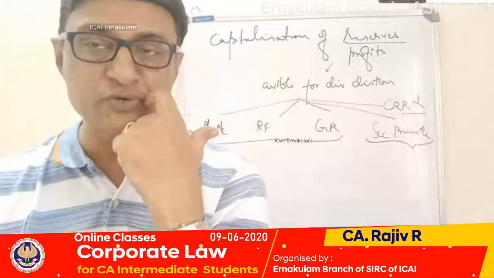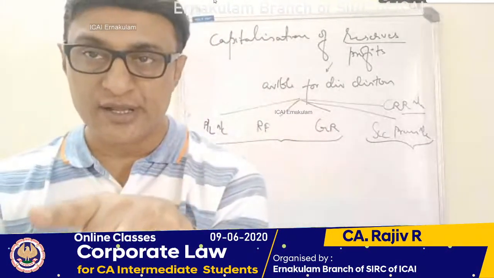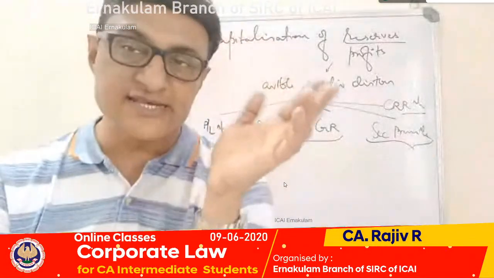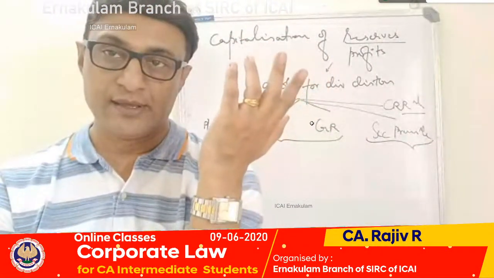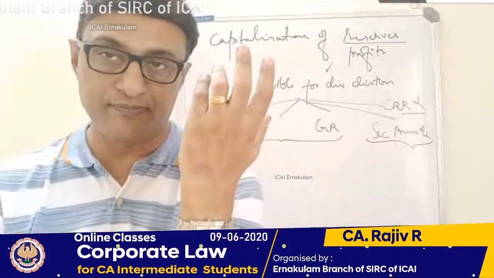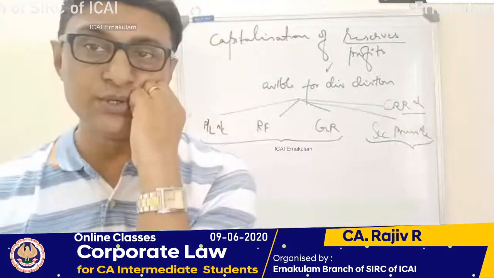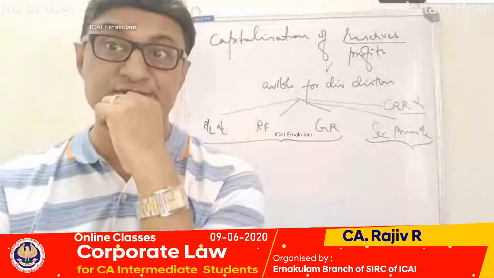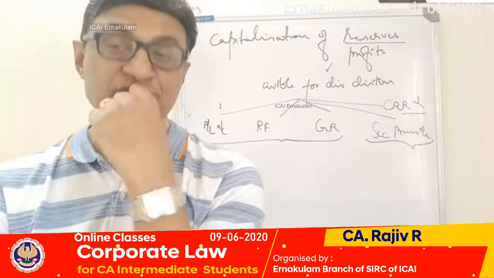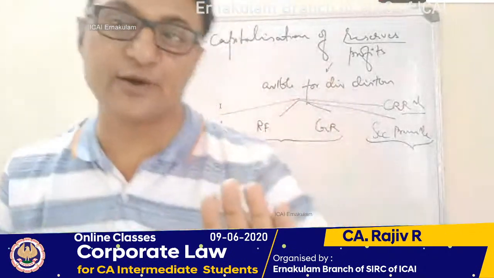Again, if I were to ask you the question, when the articles is already authorizing it, why do you need a special resolution? The answer is, the articles is a general power. Articles is a general power of attorney. It will not give you the specificities for every time that corporate action is taken. The specific terms and conditions for that particular bonus issue must be approved by the members. And there are so many meanings behind it. This means that, or let me, before I speak out the truth, before I let the cat out of the bag,